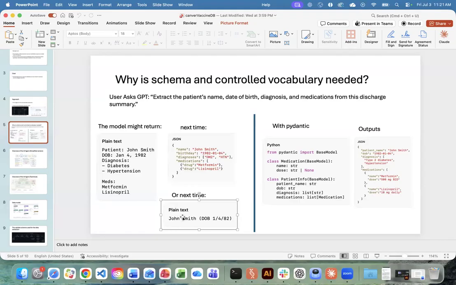It can be different the next time you run it. But can you make it consistent? Can you make your outputs very consistent? And the answer is yes. You could use a library called Pydantic. Here you specify what you want, the type of the information that you want to extract, and what format